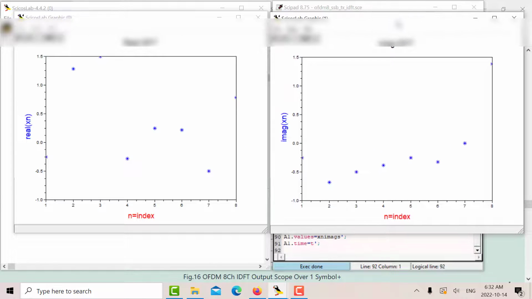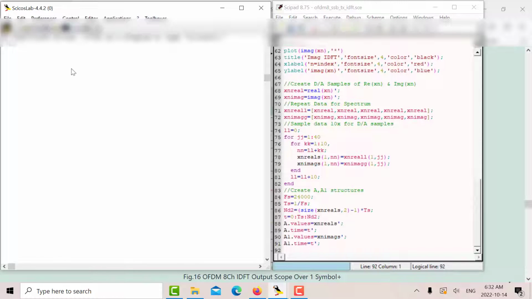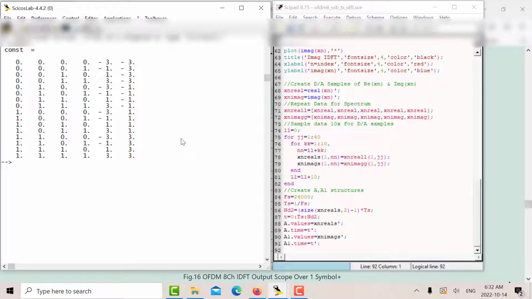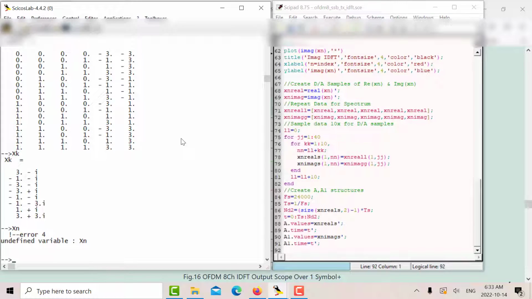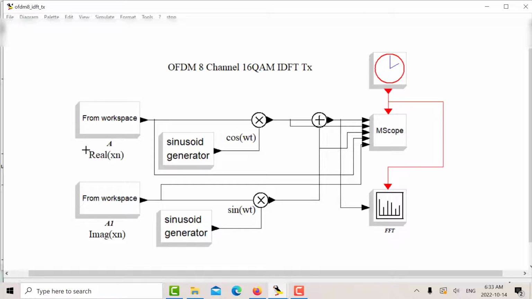So there's my small xn real, small xn complex. I can look at, there's my constellation. There's my capital XK, my I and Q data from the 8 channels. And there's my XN, that's the XN from the IDFT. Let's go to my Psychos model. So basically here, there's the real part of XN coming in. There's the imaginary part. So when I run this,